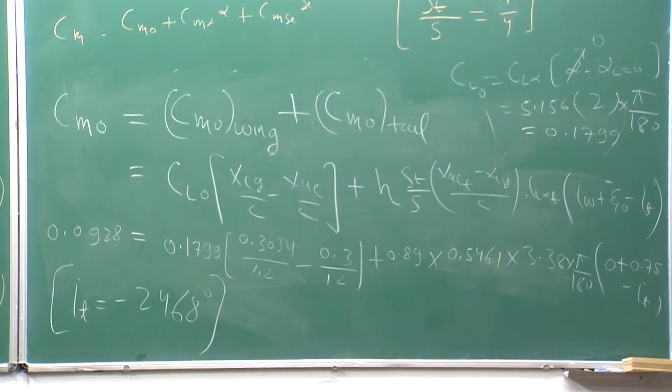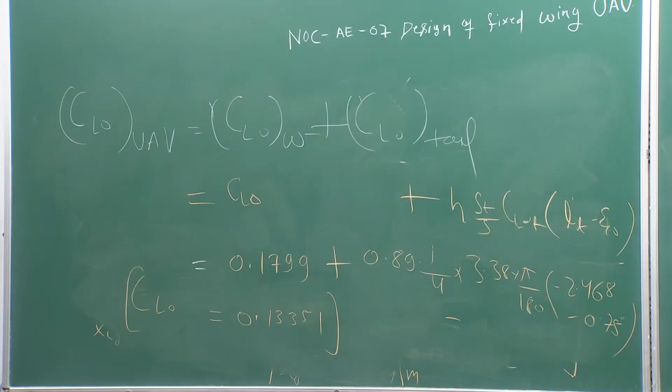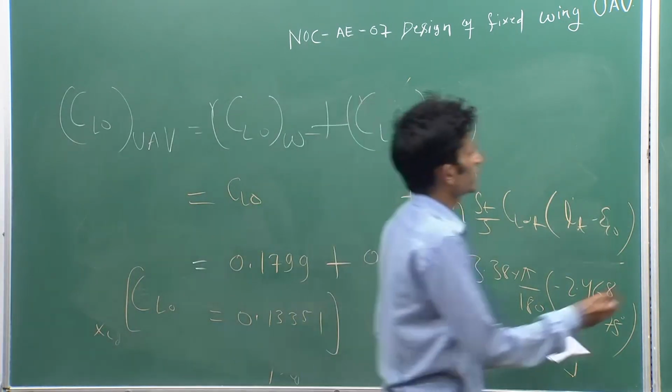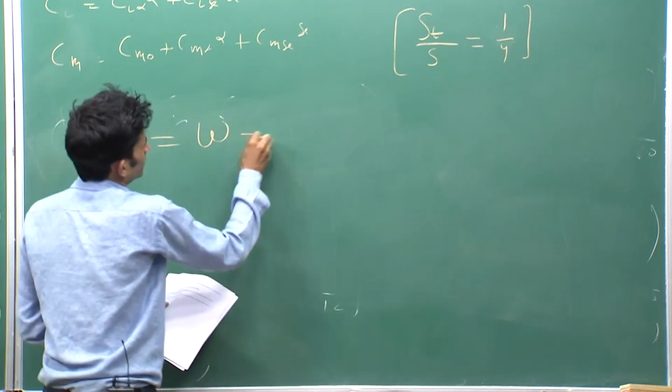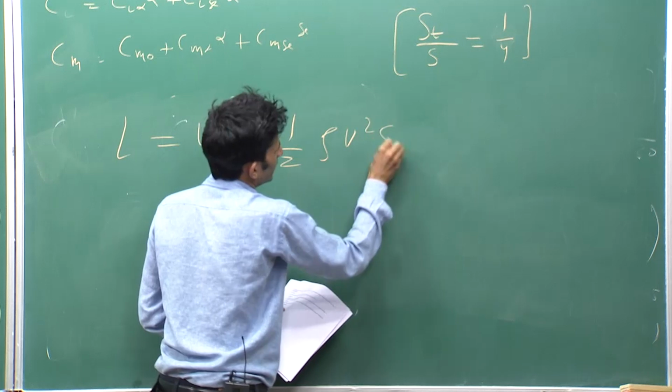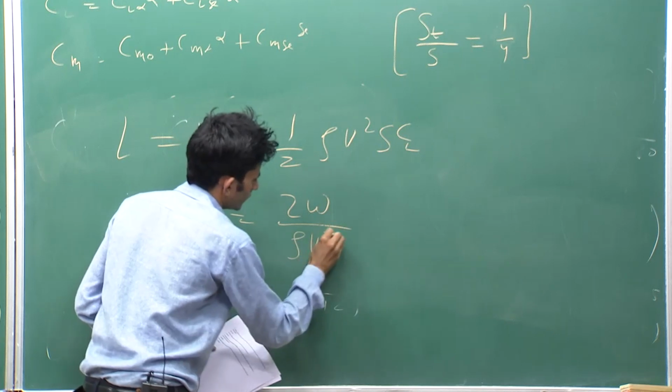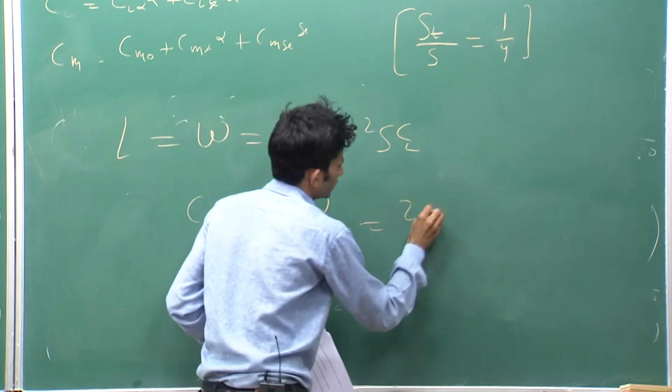So in 8th question, you have to find the trim lift coefficient of the whole aircraft. So this is very straightforward. When you are flying at trim condition, means your forces and moments are balanced. So that means you can write thrust equal to drag and lift equal to weight. So we want CL, so we will use lift equal to weight, because in that expression the CL will come. So use this relation half rho V square S into CL. So rearrange this, CL equal to 2W divided by rho V square S. So put this value 2 into the weight is given,